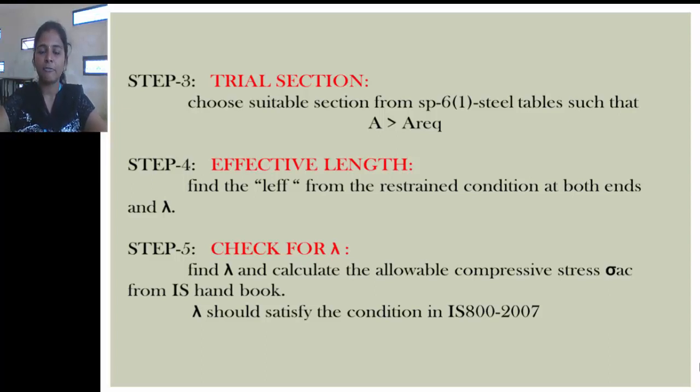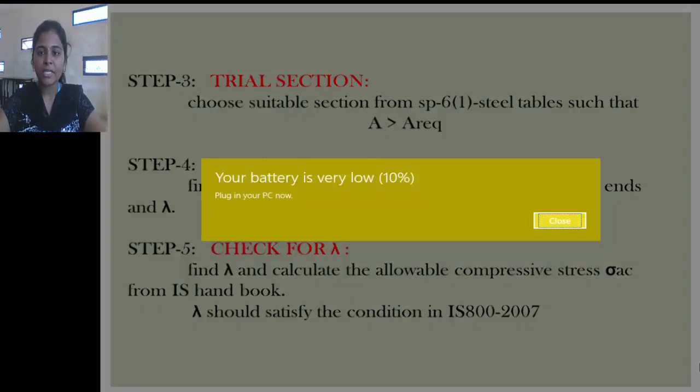Step 4 is finding the effective length. So how will you find the effective length? It is purely based upon the restraint conditions. Restraint conditions will be provided. From that we have to find the constant K, and we have to find the effective length L effective, and then the slenderness ratio lambda. Step 5 is check for lambda. Check for lambda is nothing but